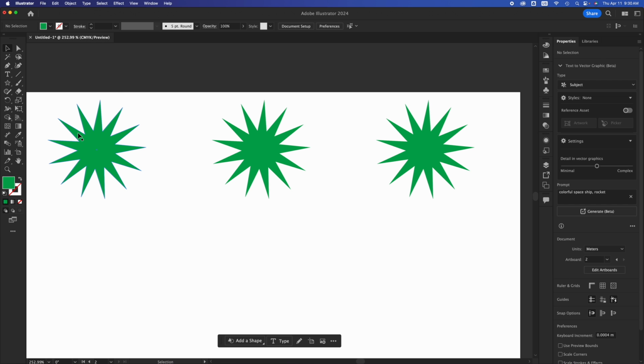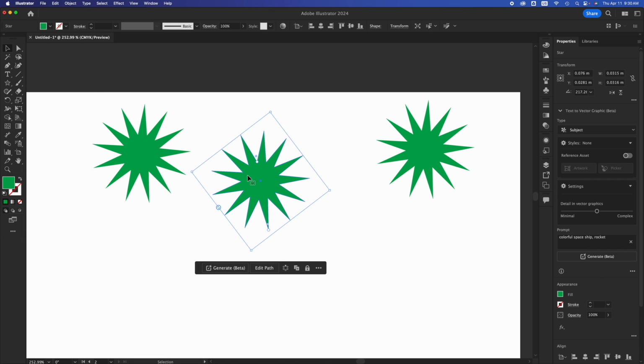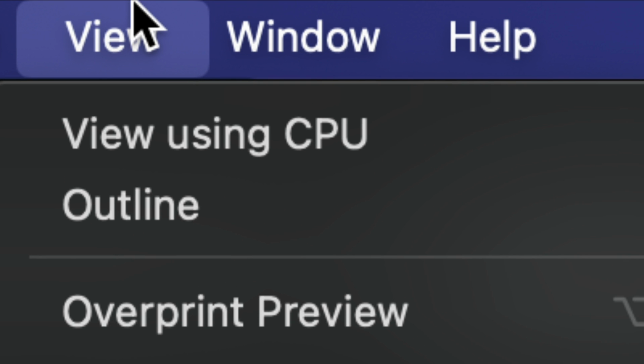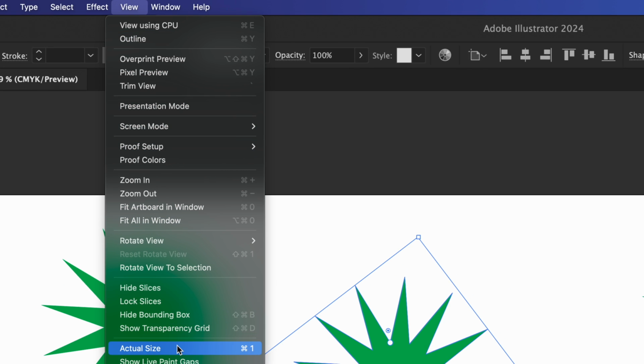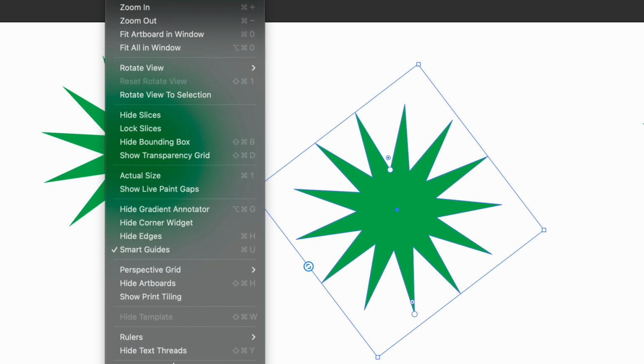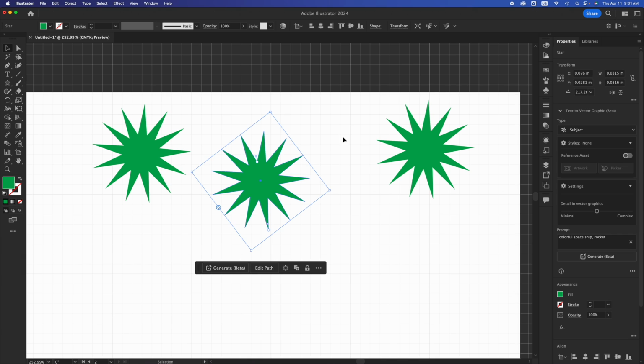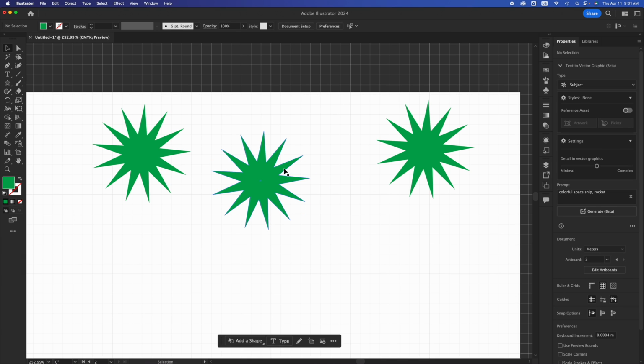Now, something else when you're aligning things that's going to help you out is your grid. You need to view your grid. So if you go into View, on the top right here, then go down, you're going to see Show Grid. It's almost all the way at the bottom. It's going to say Show Grid, and that's my grid. That's just for you to see. It's not a grid that's going to print out, or if you export this, you're not exporting the grid. You can, by the way, there are ways to do that,